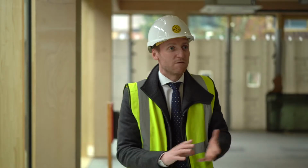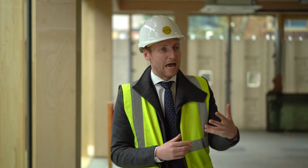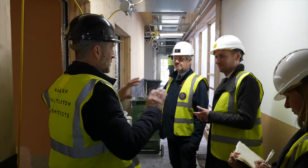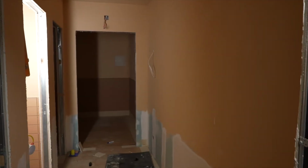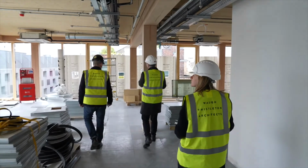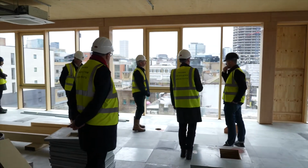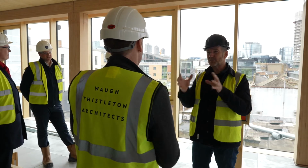We're sat in a future office building, a future commercial building, and you can really see how what's being tried to be created here will hopefully last for decades and is easy to change, is easy to amend, is easy to make better, to accommodate the changing needs of organisations and companies that use it in the future. And that's a real step forward in terms of how we develop and how we grow office buildings over time